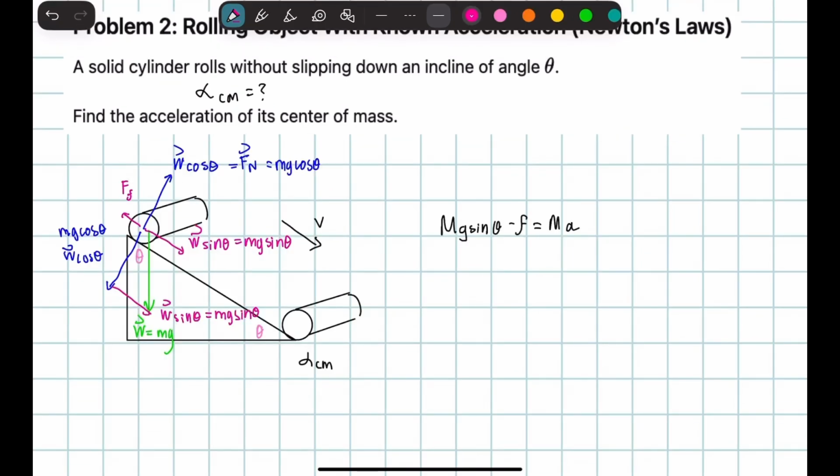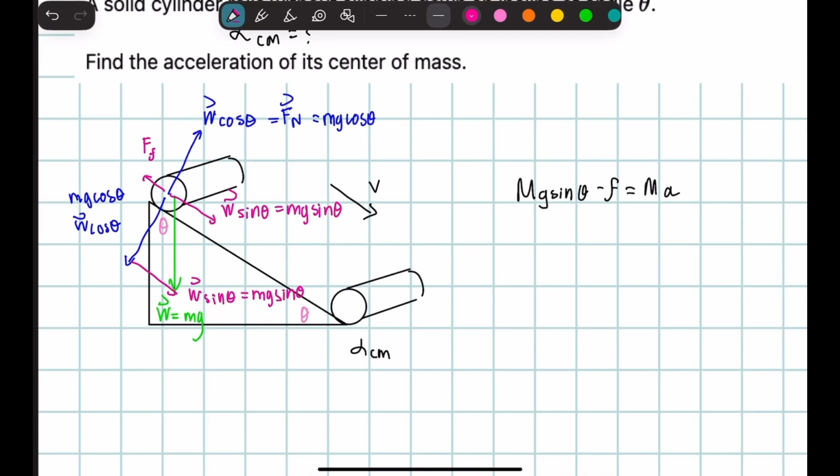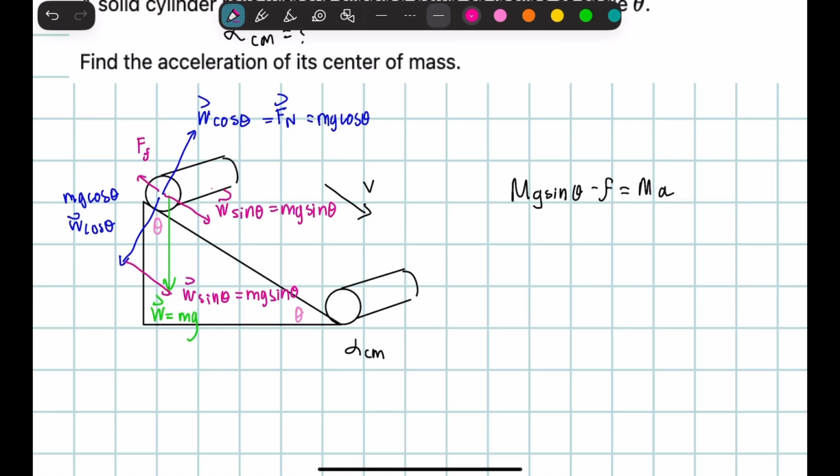I've added some labels on the inclined plane. As you can see here, we have the normal force pointing up, and that's going to be the weight times cosine theta. First let's talk about the weight. Weight is equal to the mass times the acceleration of gravity,